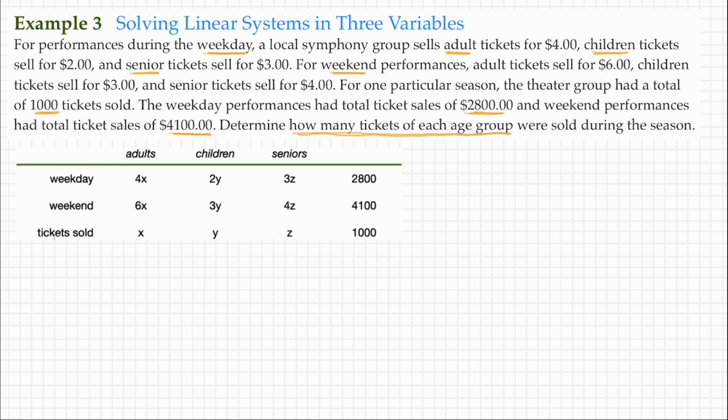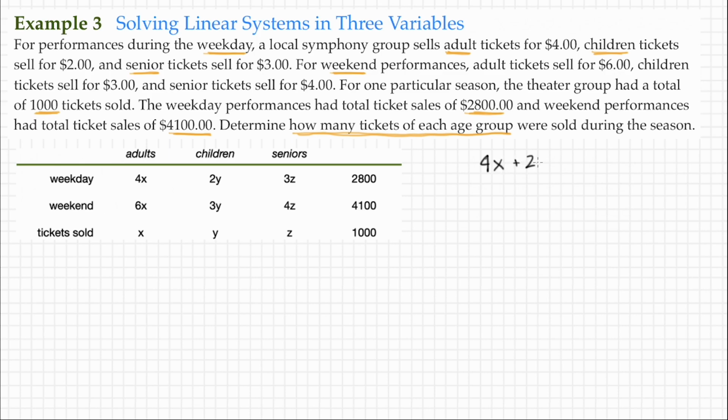And of course, you can notice at the bottom here, we have the total number of tickets sold. So we just go ahead and add up the adult, the children, and the senior tickets, and that comes out to be 1,000 tickets sold. So now that we have a table that represents this scenario, we could turn it into our system of linear equations. So we will have 4x